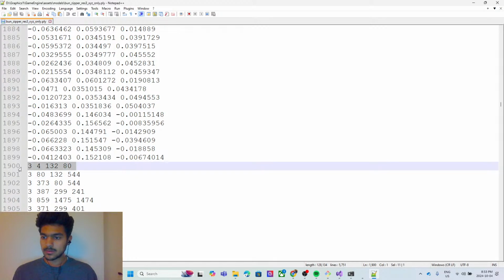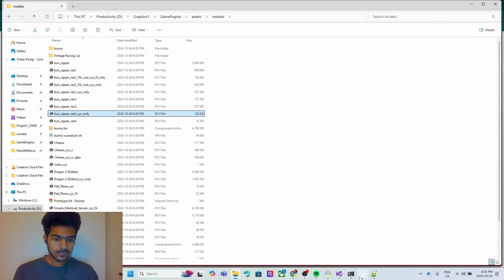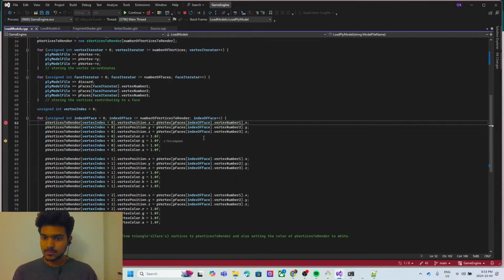Yep, that's our first vertex or triangle. So p vertex dot x is 0. But